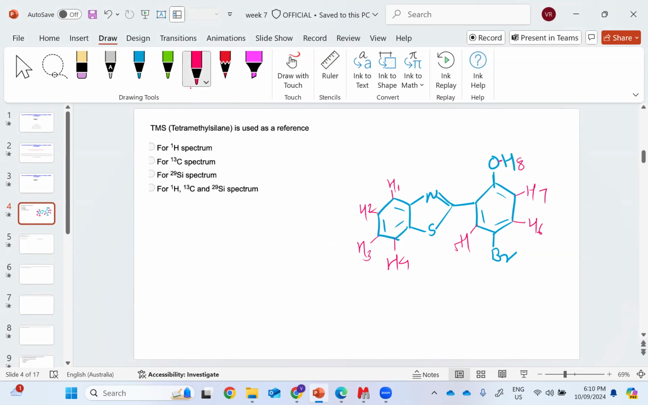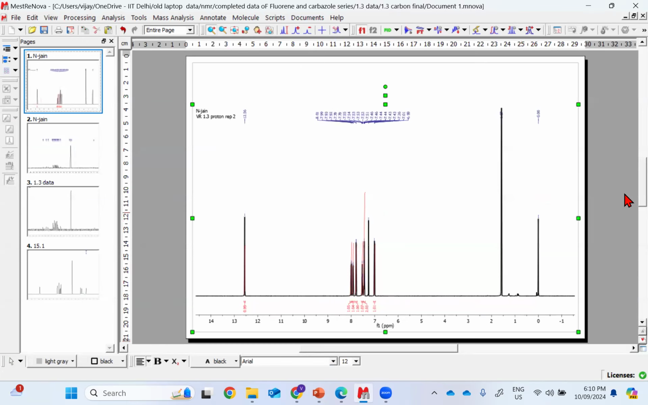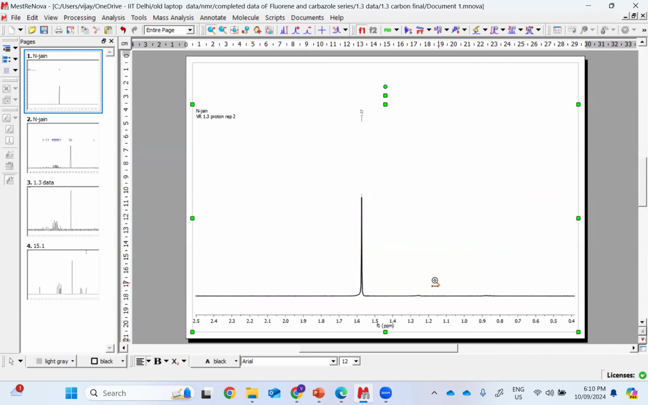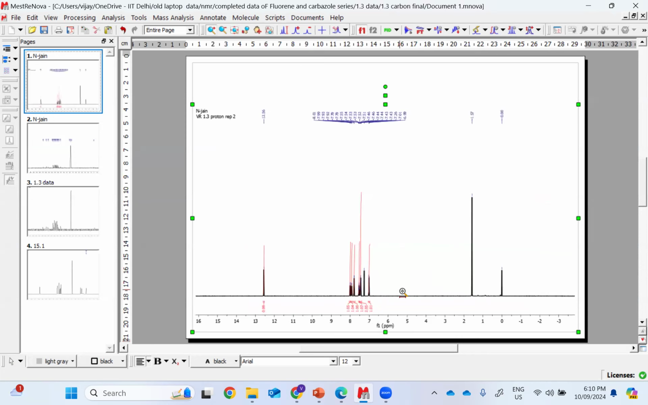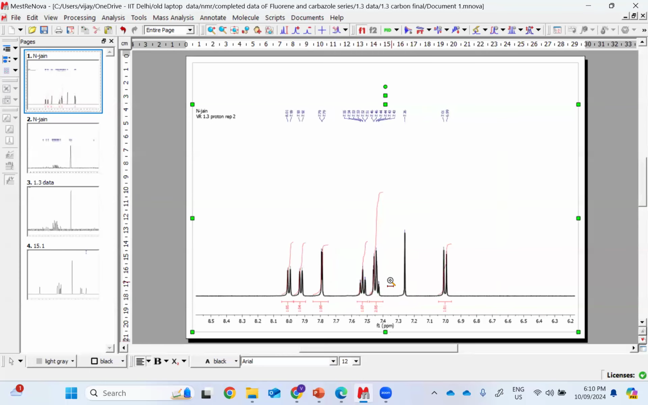Also, if you look at the NMR spectrum closely, I first calibrated this spectrum with respect to the TMS peak at zero, and the peak at 1.5 generally comes from water present in the solvent. I have taken this NMR spectrum in CDCl3, so at 7.26 there will be a peak due to the CDCl3. Can you see it here at 7.26? This peak is due to the